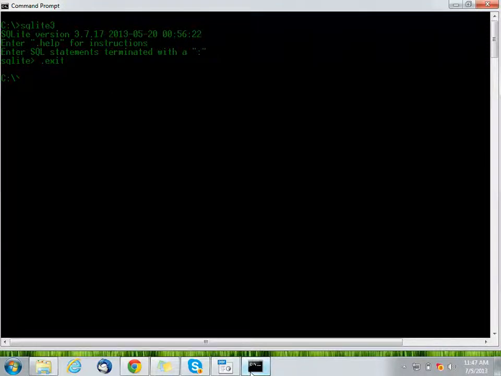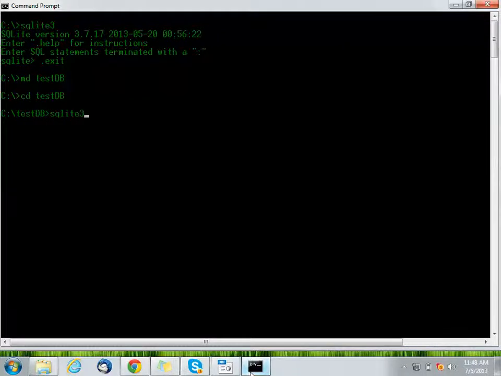So let's create a database first. For that, I'll create a folder in C drive. To create a database, you just need to give the database name with SQLite 3.